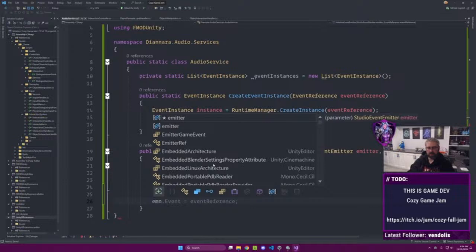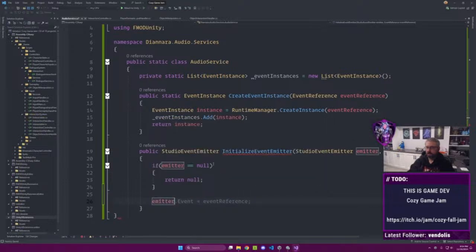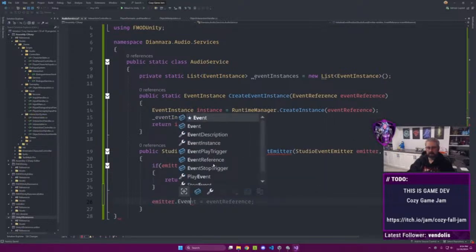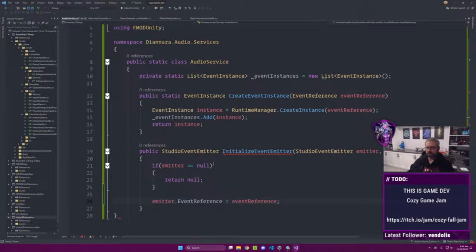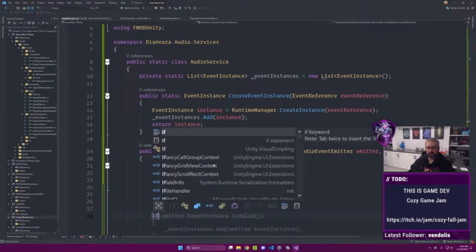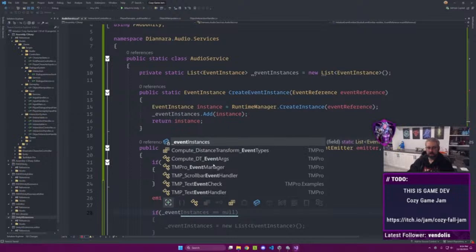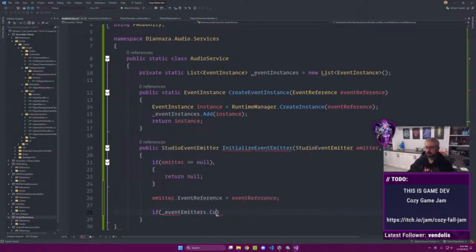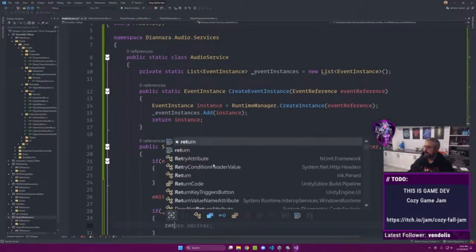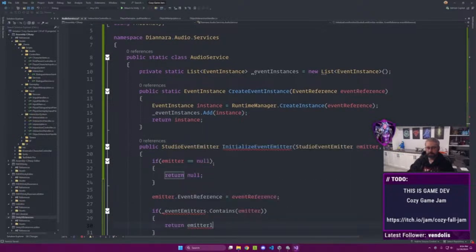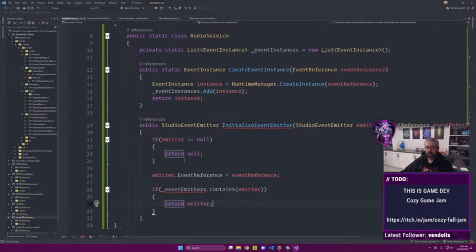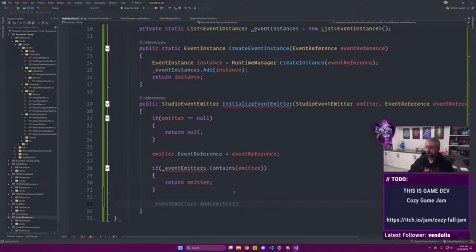Otherwise, the emitter's event reference equals the reference we're passing in. If event emitters, otherwise,